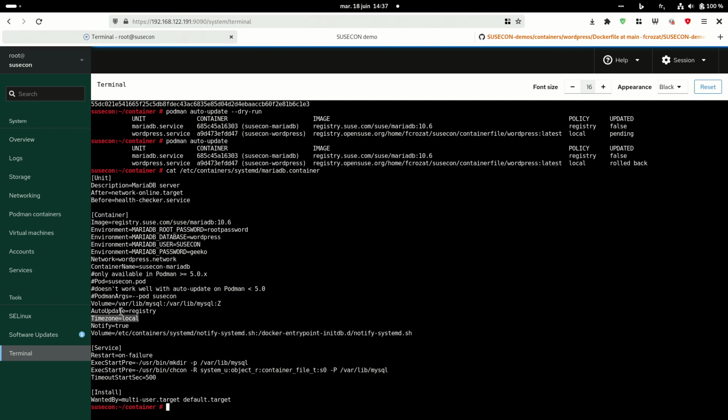Here, I just set it as auto-update registry. I'm using a pristine container from SUSE. I don't have to build it whatsoever. At any point in time where there is a maintenance update, a security update of MariaDB, I know my container will be updated from the SUSE PCI registry with all the maintenance updates, security updates, and I don't have to